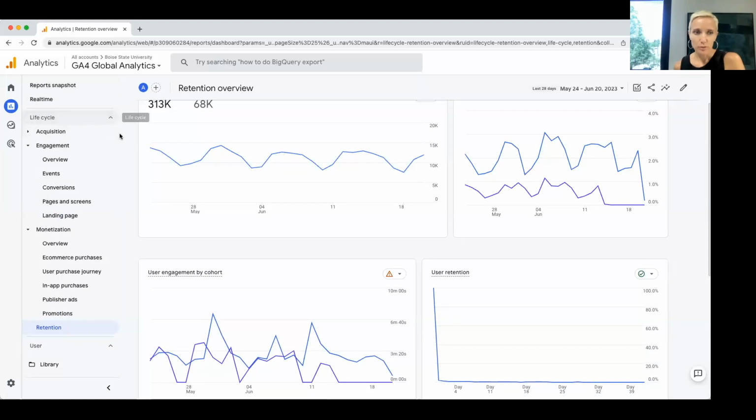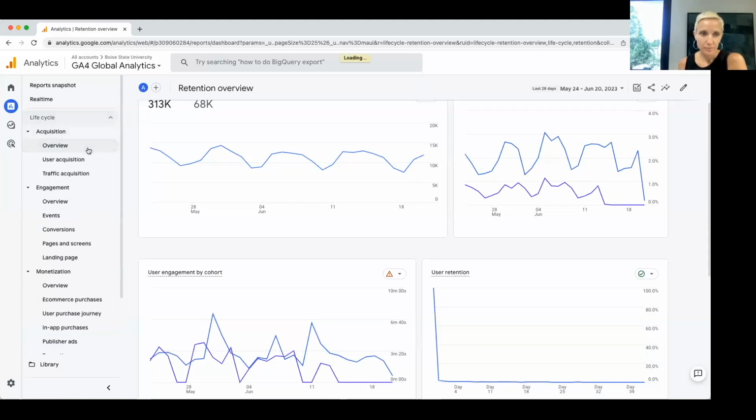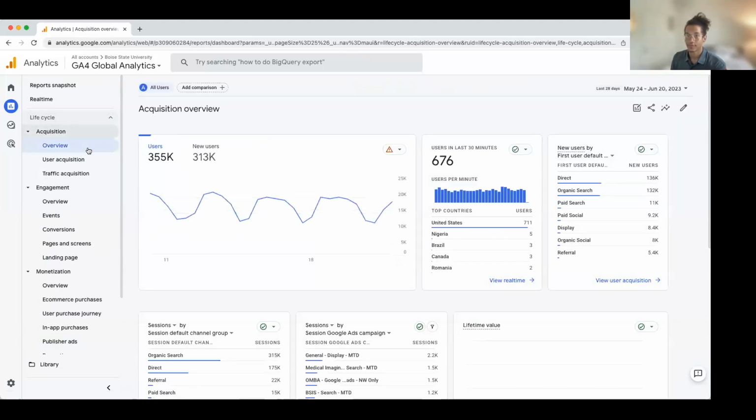Again, that's more of a report for an e-commerce site. Amazon would be interested in how many times people are coming back, but we can actually delete those reports out of this view. They're there by default, but we can get them out of there since it doesn't apply to us. Right.